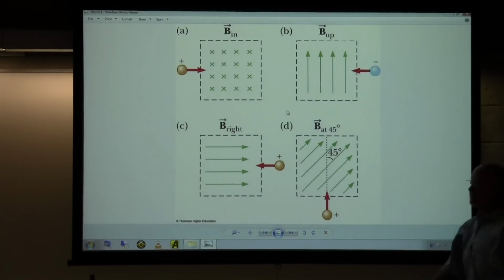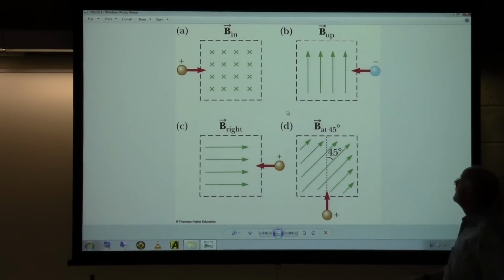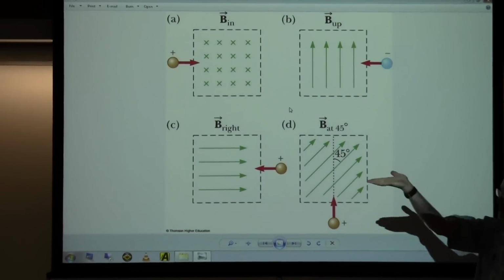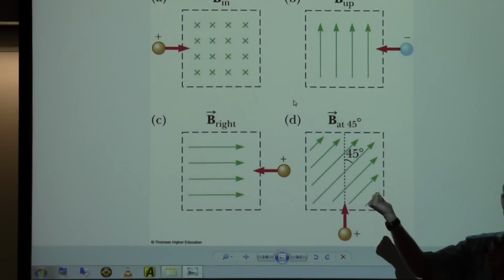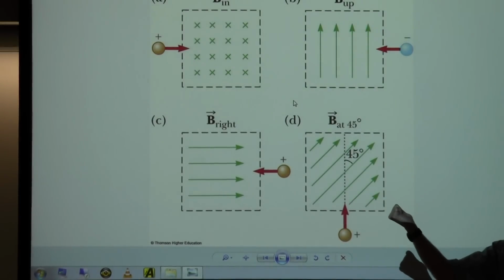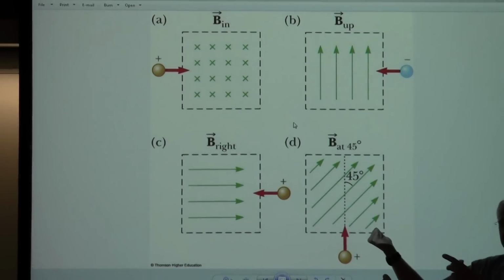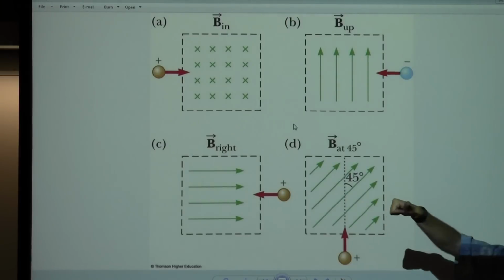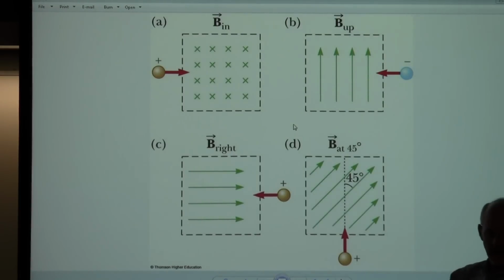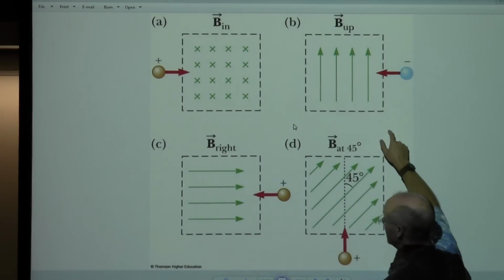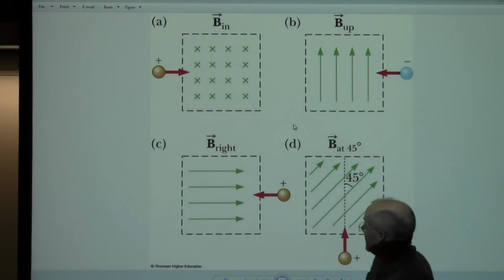All right, so V is this way, to the left. B is up. If I go V cross B, I would get into the board. Now, that's the cross product. But remember, the force is then times the charge. This being a negative, I have to multiply by a negative number, which means the force vector would be out of the screen. So this would give me one out of the screen. C,